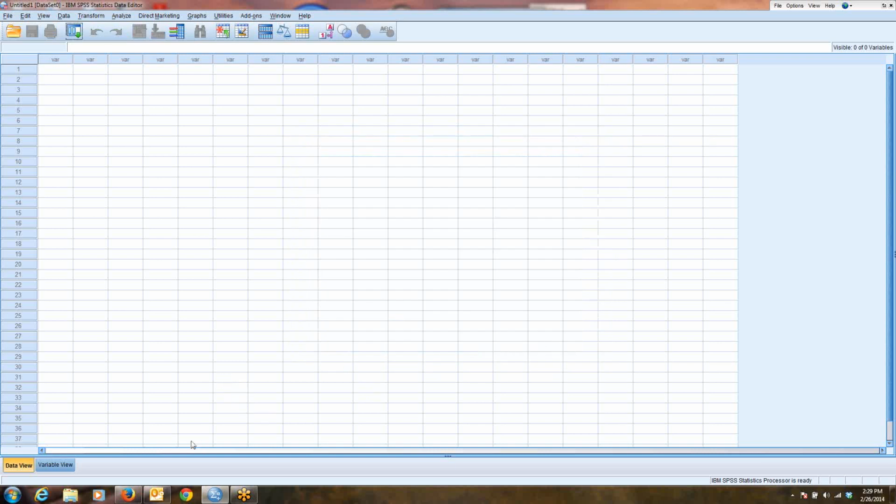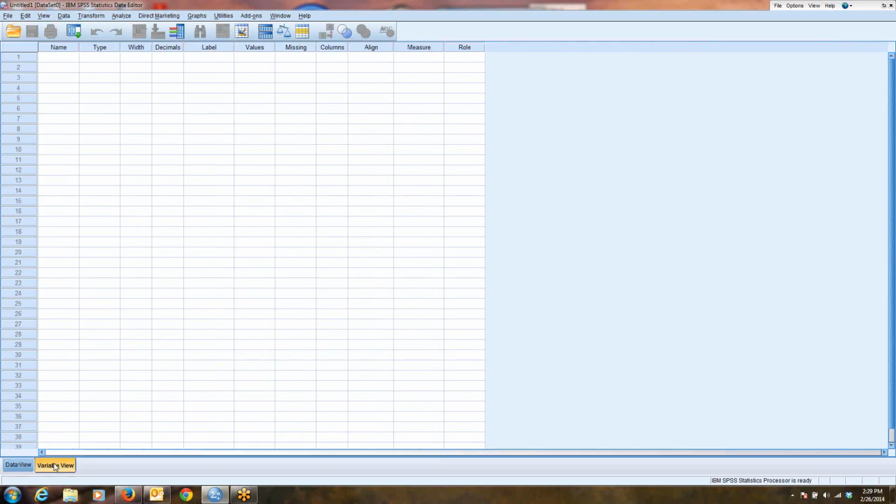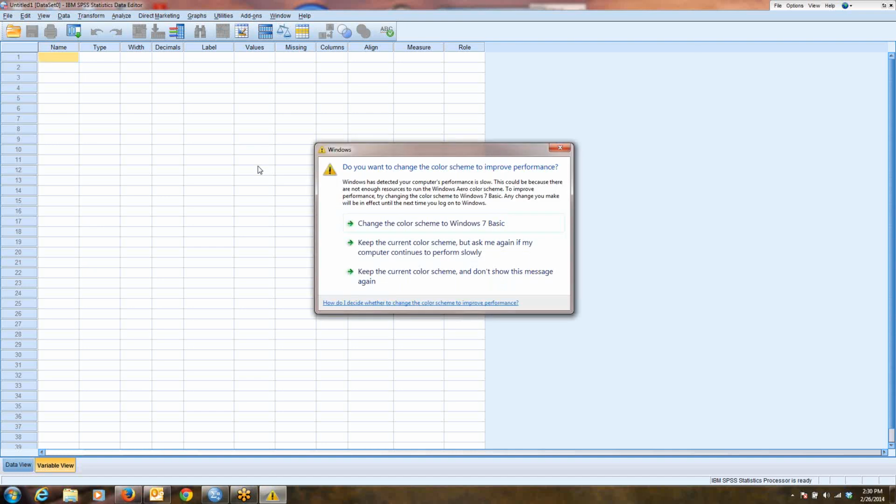Now SPSS has two views. It has the data view, which we're looking at now, and if you click on this, variable view. So to get started setting up your database, you want to be in variable view. Then you go to your first variable name, and of course you can name a variable anything you want. I suggest that you think of something to name your variable that's going to make it instantly identifiable. For example, you wouldn't want to name a variable,